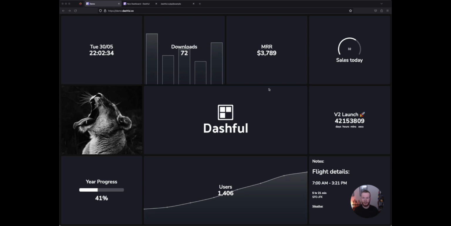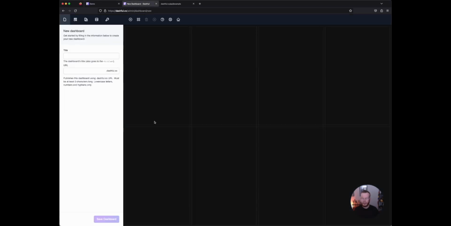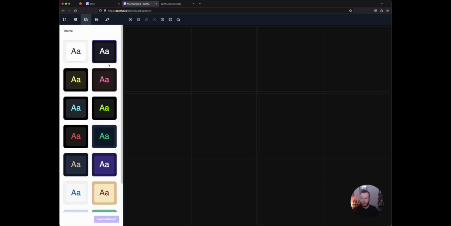Let's get into it. So here's the demo dashboard that you can build using Dashful, and I'm gonna show you how to do some parts of it. This is the dashboard editor. You can configure your layout, color theme and some other things, but let's jump to the most important feature, which